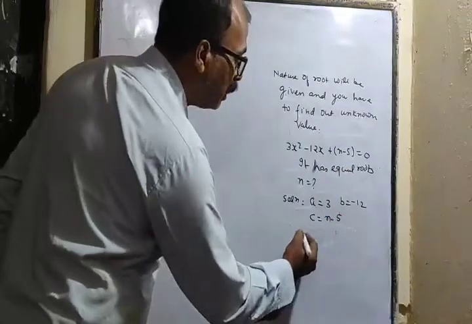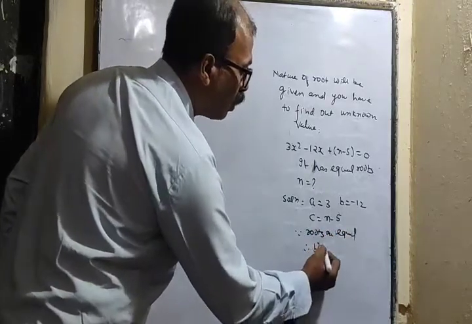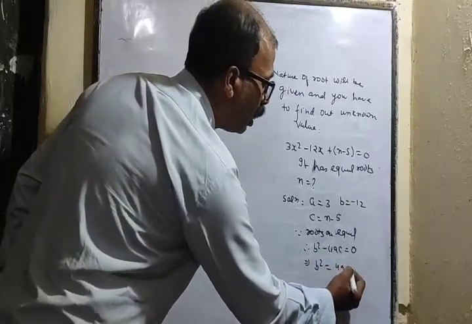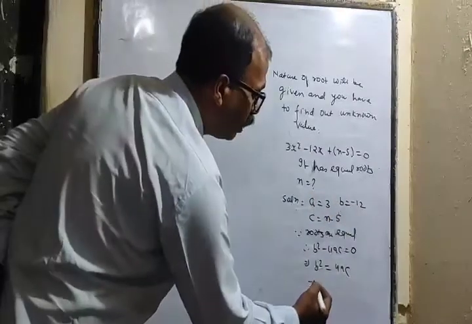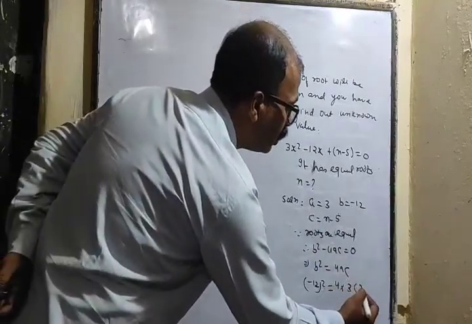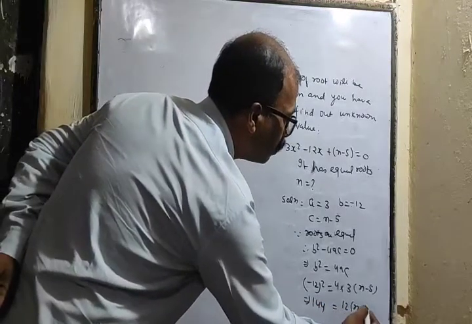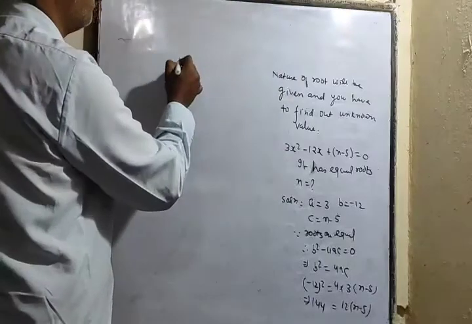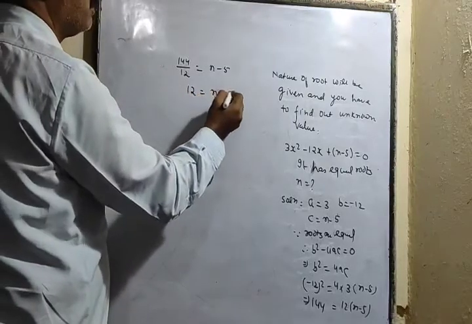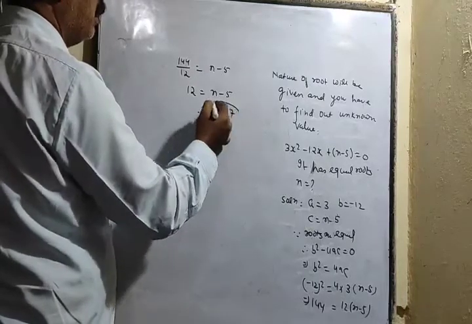And then we will write, since roots are equal, hence b square minus 4ac is equal to 0. It implies that b square is equal to 4ac, and now we'll put the value of b. So b is minus 12 whole square is equal to 4 into a is given 3 and c is n minus 5. So 144 will be equal to 12 into n minus 5. Next step, this 144 will be divided by 12 to get the value of n minus 5. So 12 will come out as n minus 5. Hence after calculation n will come out as 17. 12 plus 5, 17. This will be your answer.